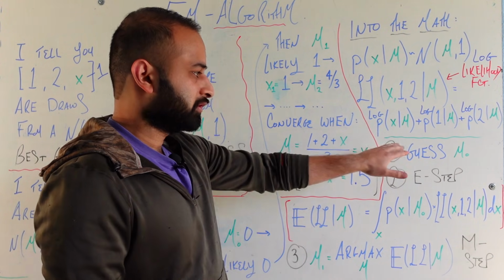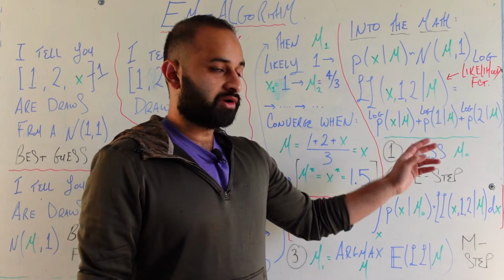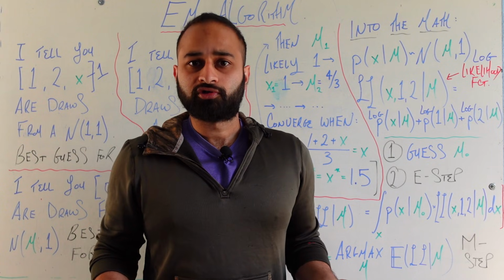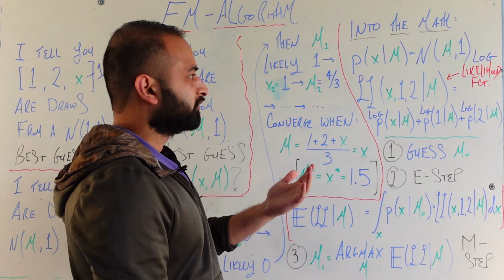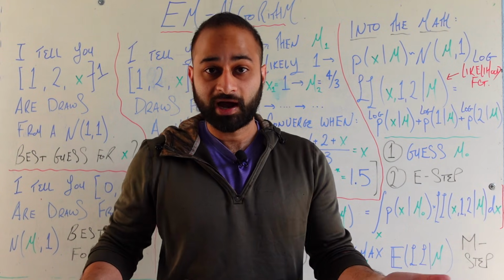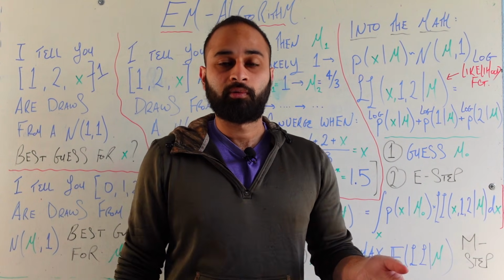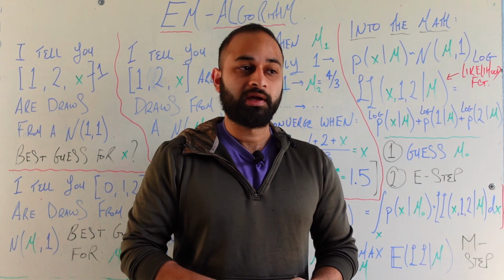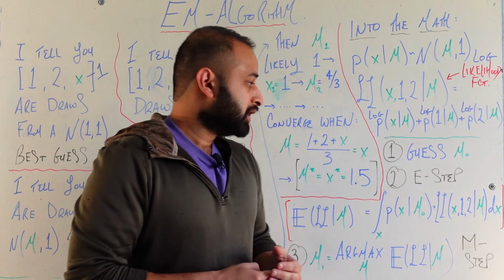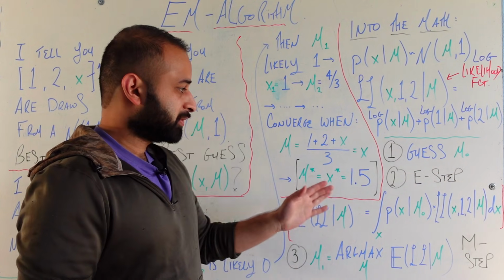So the very first step is the same first step we had out here, which is guess some sensible value of your parameter mu. So guess some mu naught. And there's no given way you should choose your guess. If I had to have a criteria for this problem, maybe I'll just take the average of all of the data points I do have. In this case, it was just 1 and 2, so my best guess for mu naught would actually be 1.5 in the first place, but it can be a little bit off from there, and this algorithm would still definitely work here. So take your best guess for mu naught,